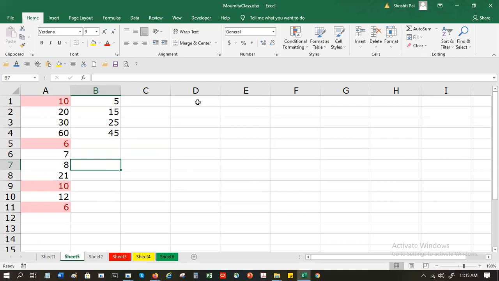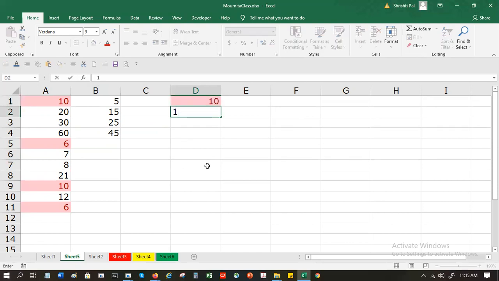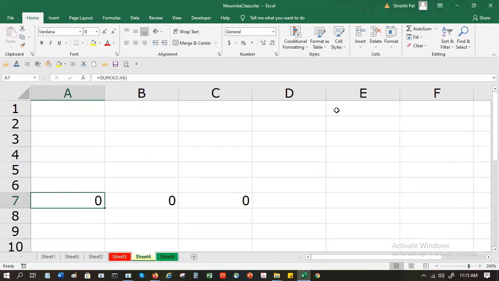I don't know if you have done it this way. A lot of people actually do it this way also. They first do a sorting. I'll go to another sheet. Let's say I have a value like this.